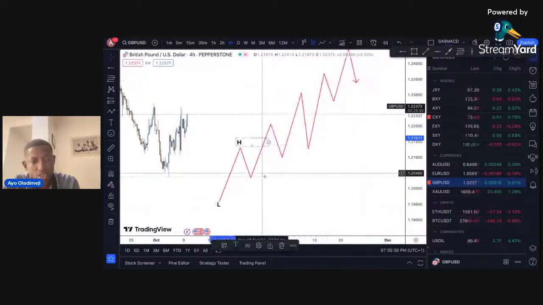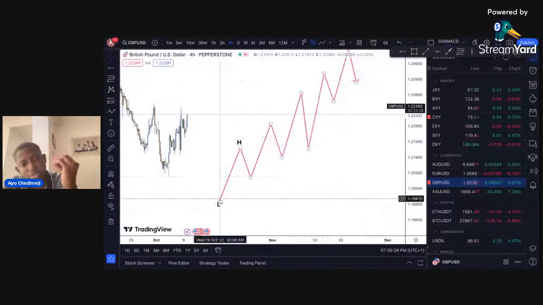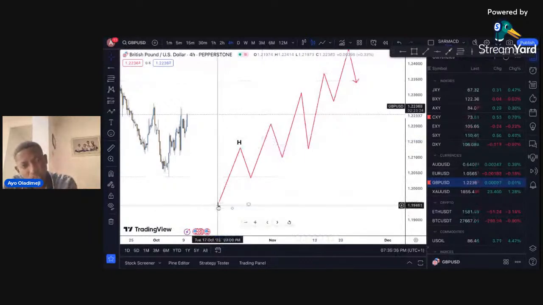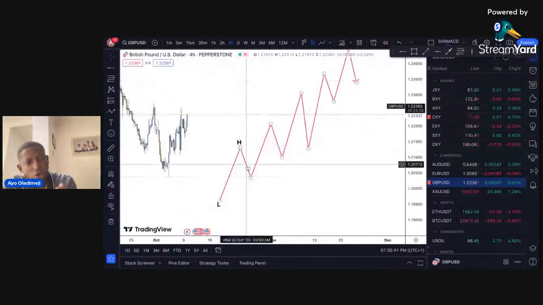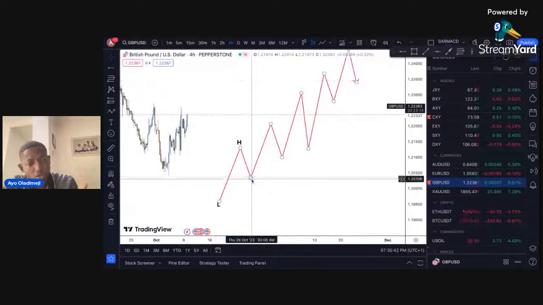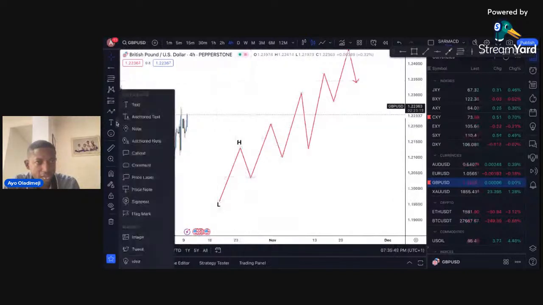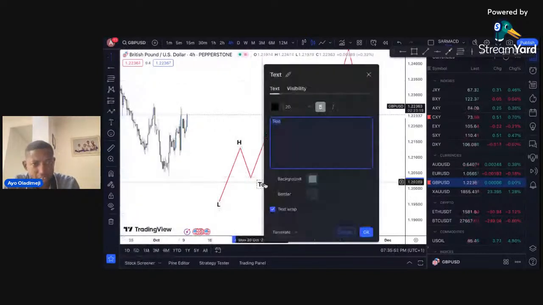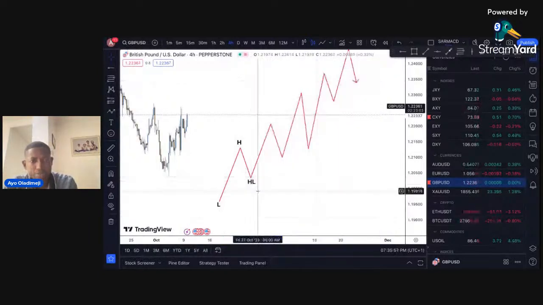So in an uptrend, the trend begins from a low level, it moves to a high, and then it corrects to what we call a higher low. Why is it a higher low? Because the low is higher than this previous low. So we have what we call higher low, guys. So we have higher low here. And then